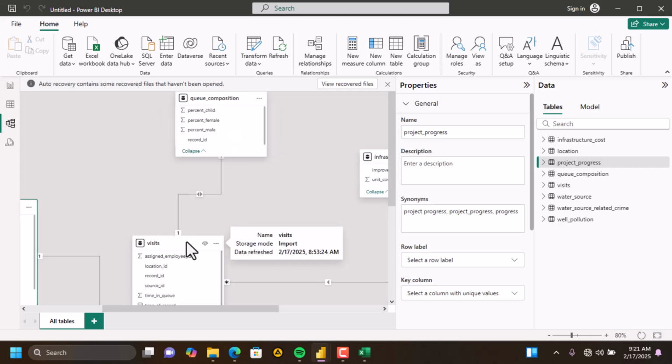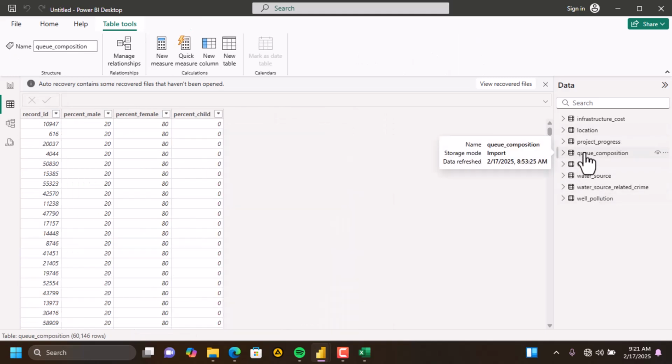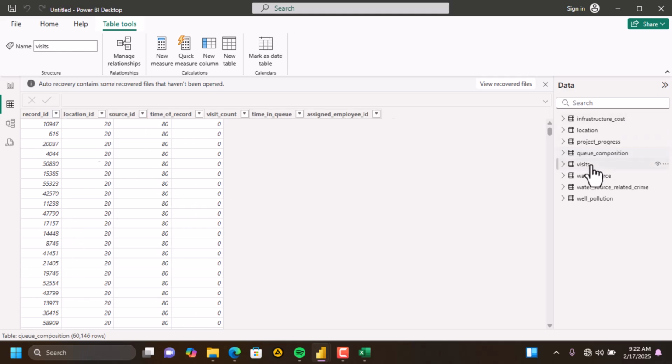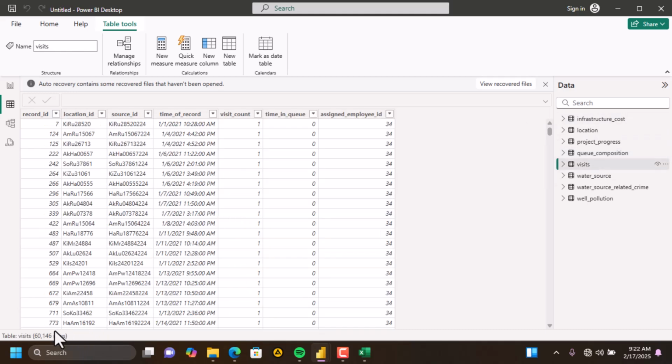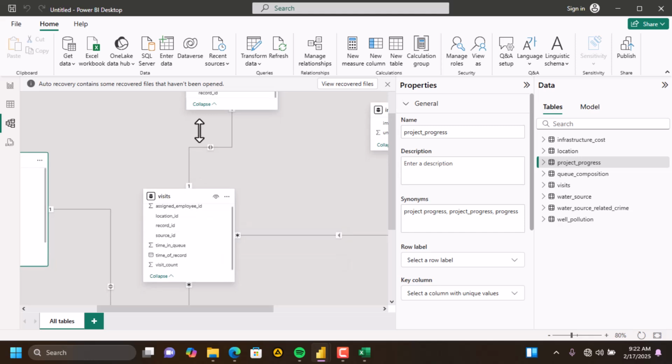Let's check. Queue composition has how many rows? It has 60,146 rows. Let's look at visit, the same number of rows. So we are correct on that. 1 to 1 means every row matches with every row there. And then we have